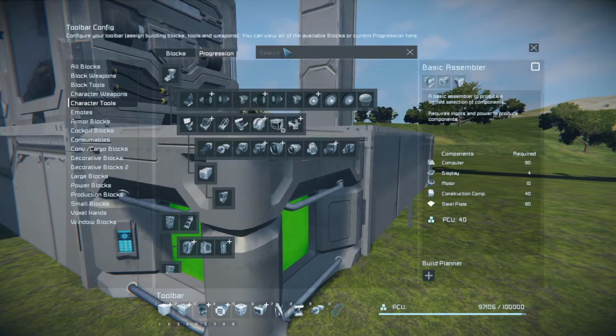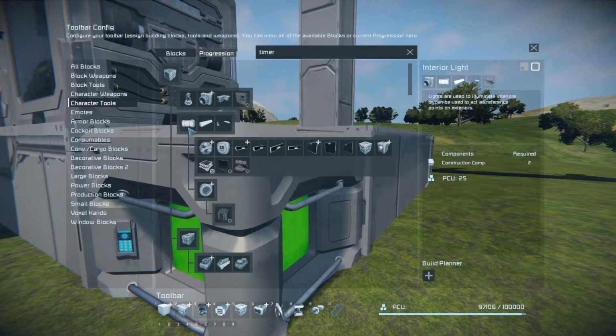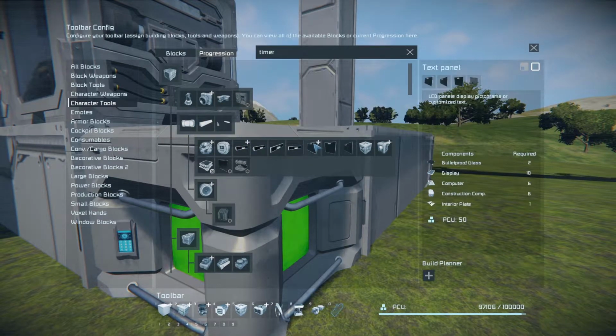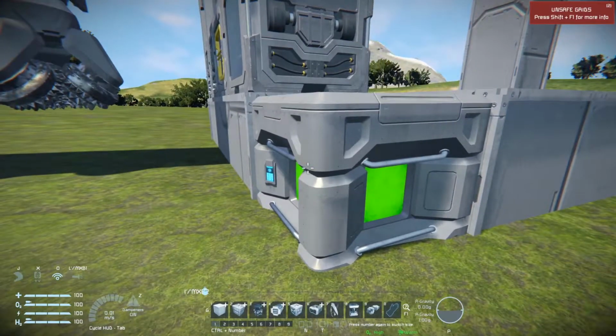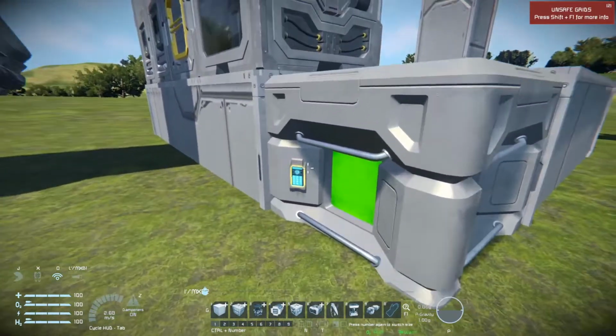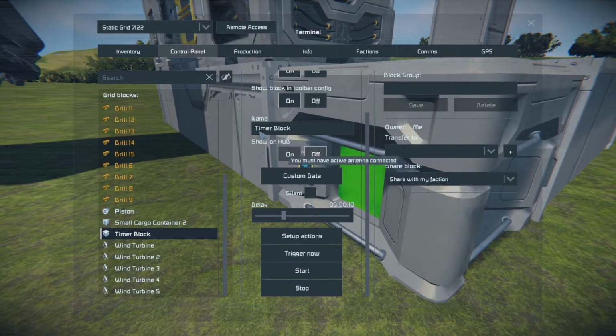So if you can't build, let's say, a timer block, because I believe you need to build a light before you can build a timer block, and you're finding difficulty building a block, just go into your progression tab here, search for the block that you're looking for, and figure out what you need to build first. But anyways, with the timer block built and your drill rig ready to go, you're going to want to go ahead and